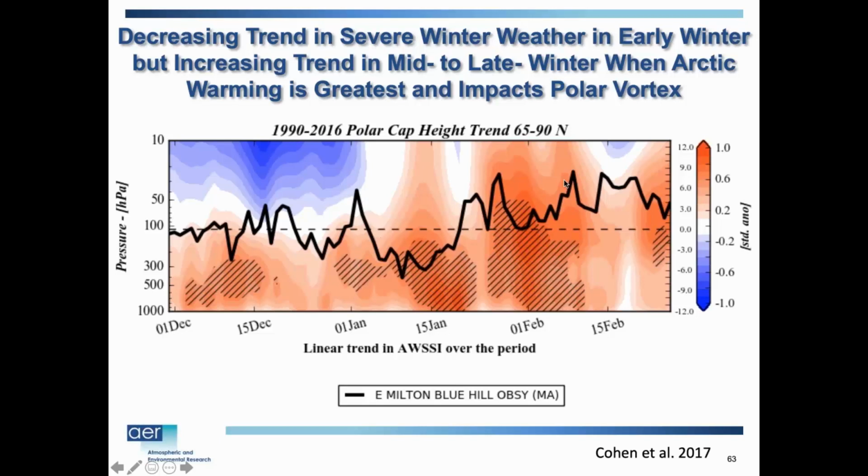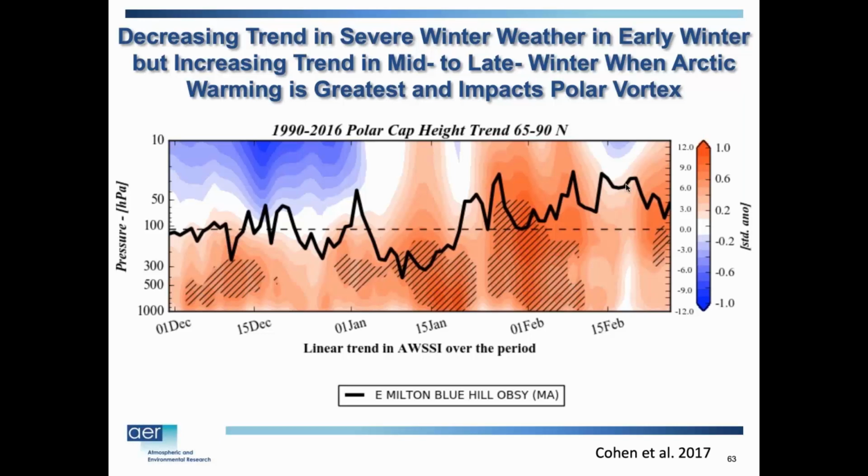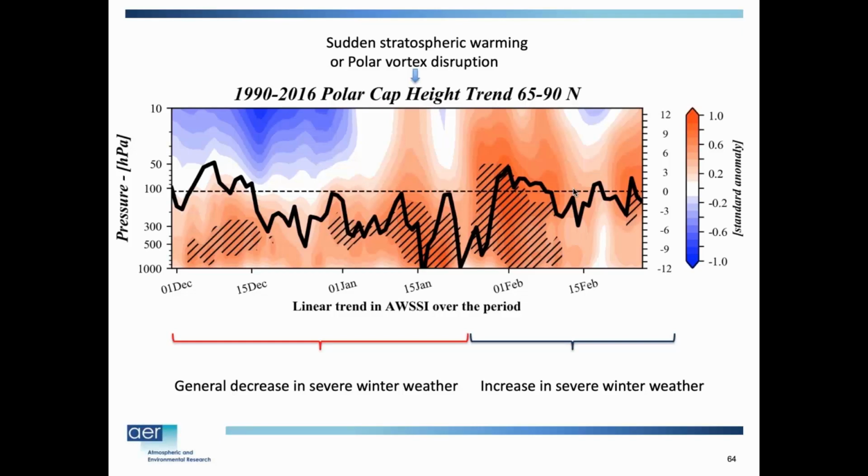Now, this is Boston because I wanted to contrast it with Bismarck. For Bismarck, it was not the same, at least with this analysis, and this is only through 2016. Maybe if I did it through last winter, it would change somewhat. I should probably update this plot. But you can see there is a decrease in severe winter weather leading up to these polar vortex disruptions. Maybe after these polar vortexes, in mid to late winter, it gets back to zero, but it doesn't look like Boston. We can clearly see an increase in severe winter weather in Boston. Bismarck did not. But like I said, if I included the past two winters, this might look a little different.